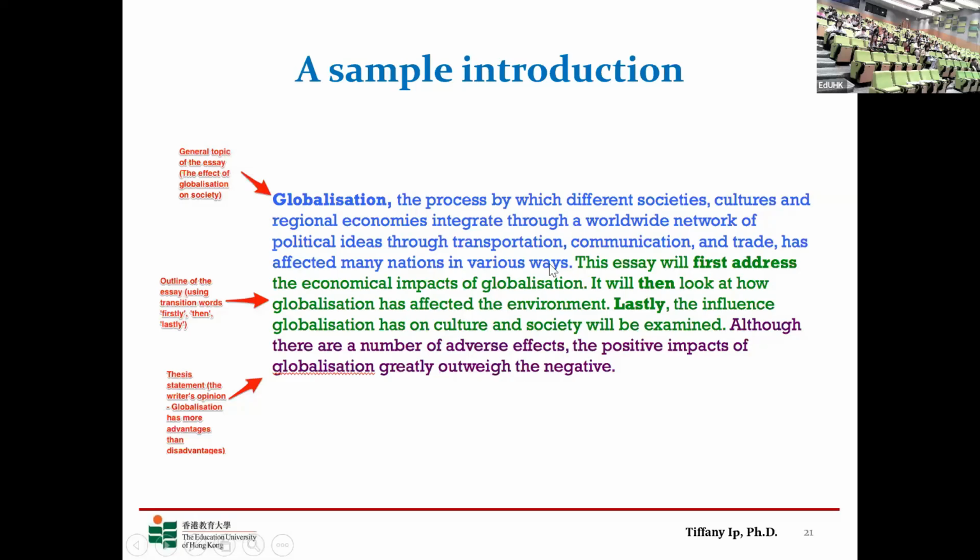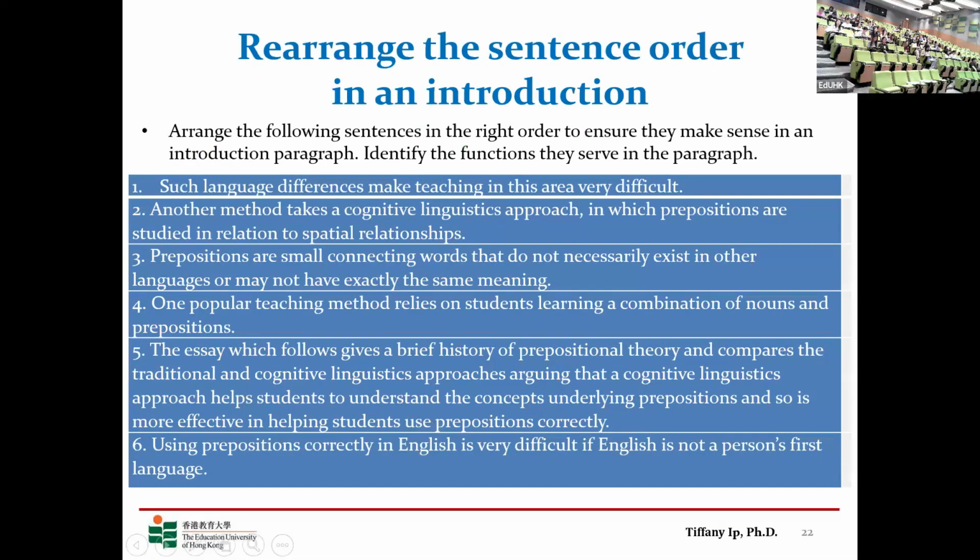Okay, so telling people what this essay is going to be about. So you'll understand there are three parts. And for this one, I would think you can just combine. You can say this essay will address the economic, environmental, and cultural impacts of globalization. You can keep it as concise as that, depending on the word count, right? And then now you kind of know, it's like background, and then at the end, thesis statement with the overview and also a stance.